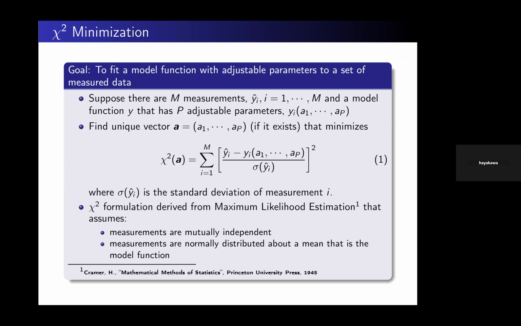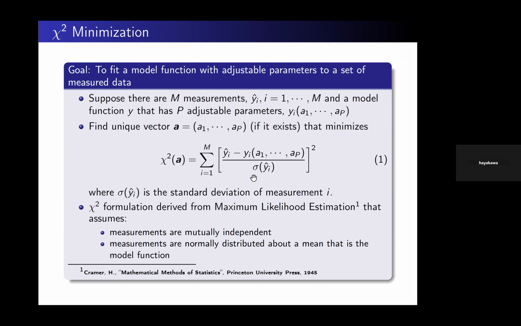So at the root of a lot of inverse solutions is something called the chi-squared equation, and we try to minimize the chi-squared. You can see here, it's given by this equation 1, where the y-hat are your measurements. You have M of them. Y is your model function, and it's a function of your vector A. These are the parameters you seek to find. And then this equation is divided by the standard deviation of the measurement. This is a weighted chi-squared. You do not need to have this, but it's helpful